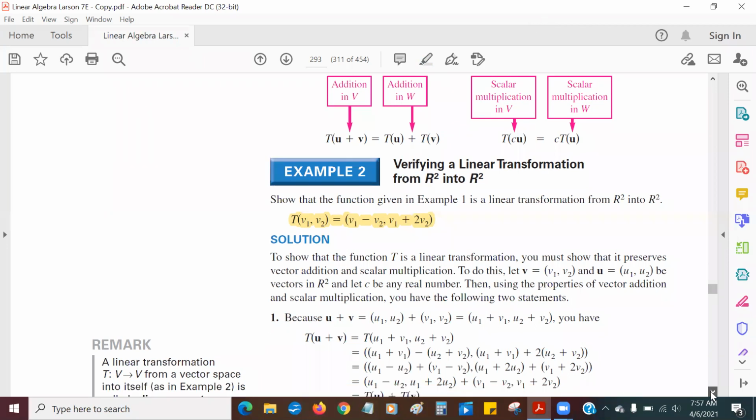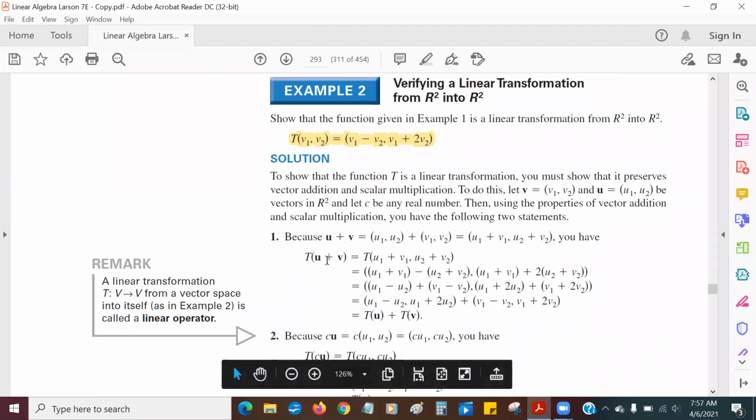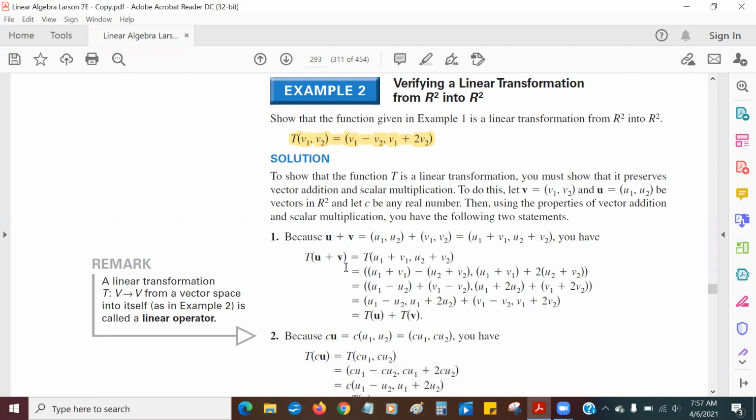So the first thing I want to do is look at T of u plus v. Well, T of u plus v, that's T of u1 plus v1. What is u plus v? The first component is going to be u1 plus v1, and the second component is going to be u2 plus v2. T of that is going to be u1 plus v1 minus u2 plus v2,